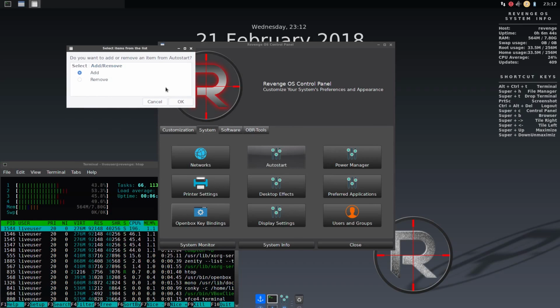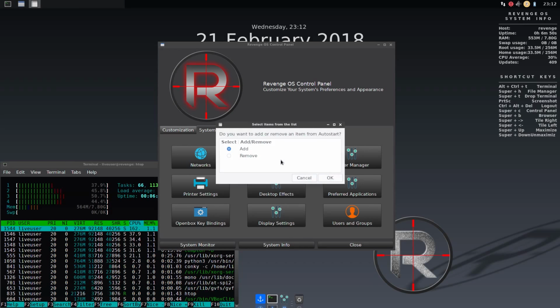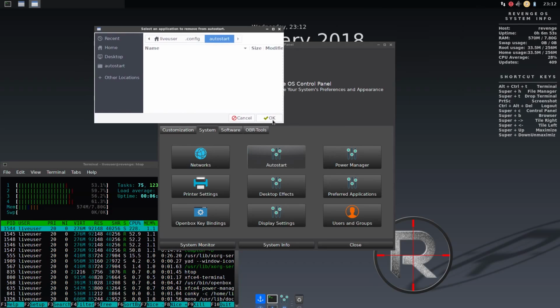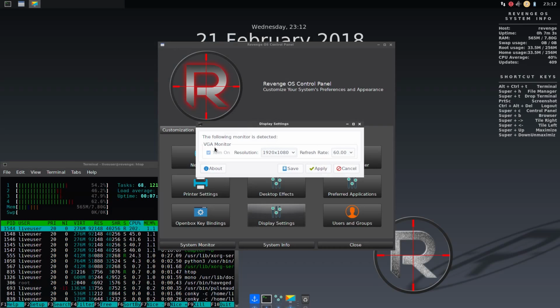add or remove. If you add, it wants you to tell it what command, and then I assume it drops a file into the auto start folder, so that if you say remove, you just go into this file browser, select the one you want to remove, and it'll delete it. So it's pretty simple. Display settings, this is